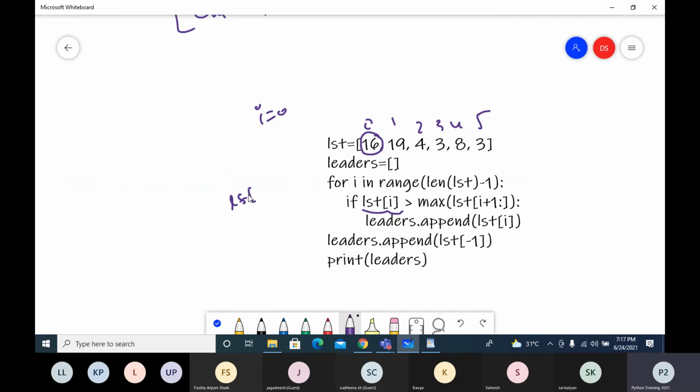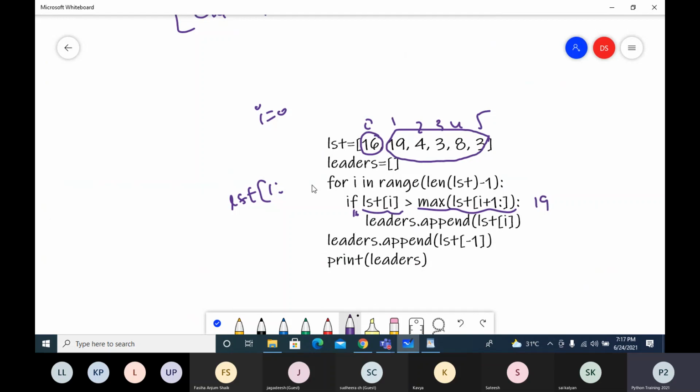When I take LST from 1, it means take all the elements from 1, so the 0th element is excluded. That means I'm considering all the elements to the right side of i. In this, the maximum I'm getting is 19. So 16 greater than 19 is false, so it is not going to be appended.